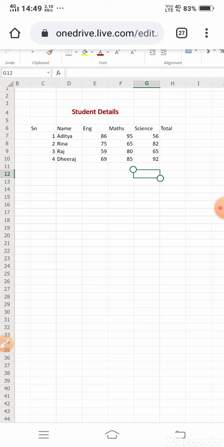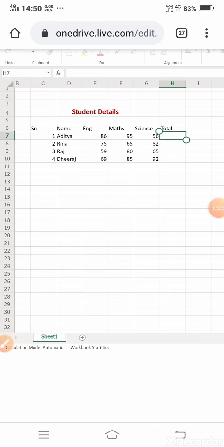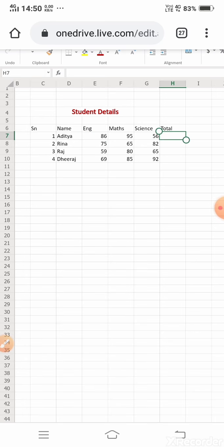Now I have to do one thing. First I have to select the cell where I want the total marks. What is the formula for totaling? You all know, I have to do the sum of the numbers. First click on the particular cell where you want the result.